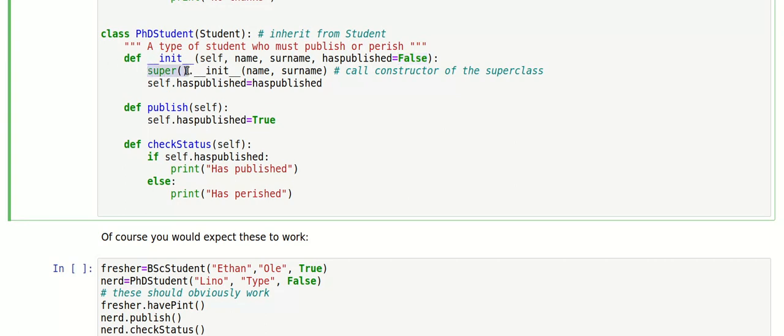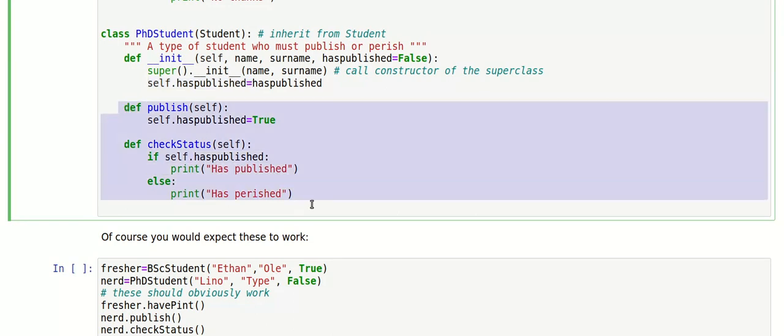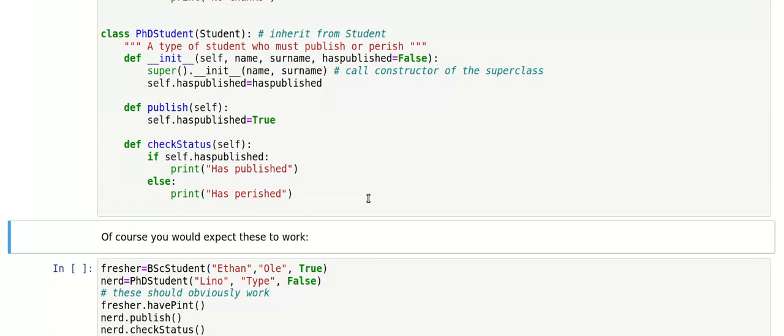And well, we call super, and again we pass the name and surname to the constructor of the student class. We then store the additional parameter inside an attribute of this class, and we write a couple of methods that make use of that particular attribute. Now, okay, let's run that cell, and as expected, nothing happens because we've just defined the class. When we move down here,